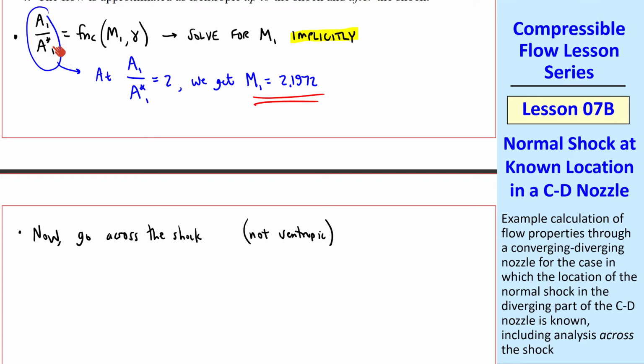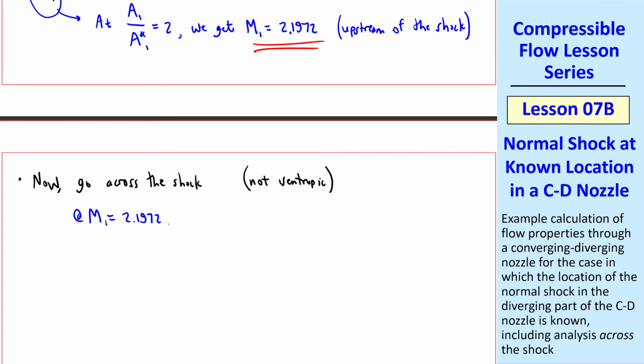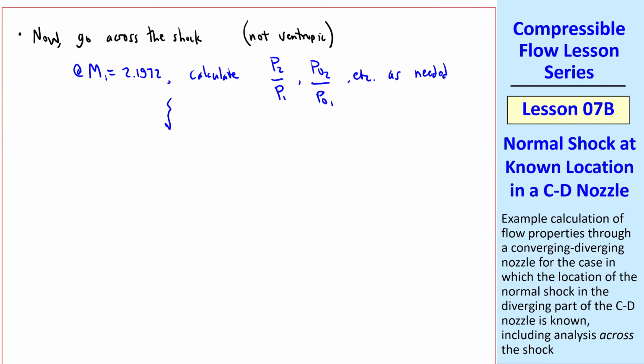Now we go across the shock, which is not isentropic. And I should have mentioned here that this equation that we have used previously is for isentropic flow. Well, at this known Mach number upstream of the shock, we can calculate properties across the shock. Namely, at M1 equal 2.1972, we can calculate P2 over P1, P02 over P01, etc. as needed. Again, I won't show all the equations, since we've already done this several times. My results are P2 over P1 is 5.4656, T2 over T1 is 1.8544, P02 over P01 is